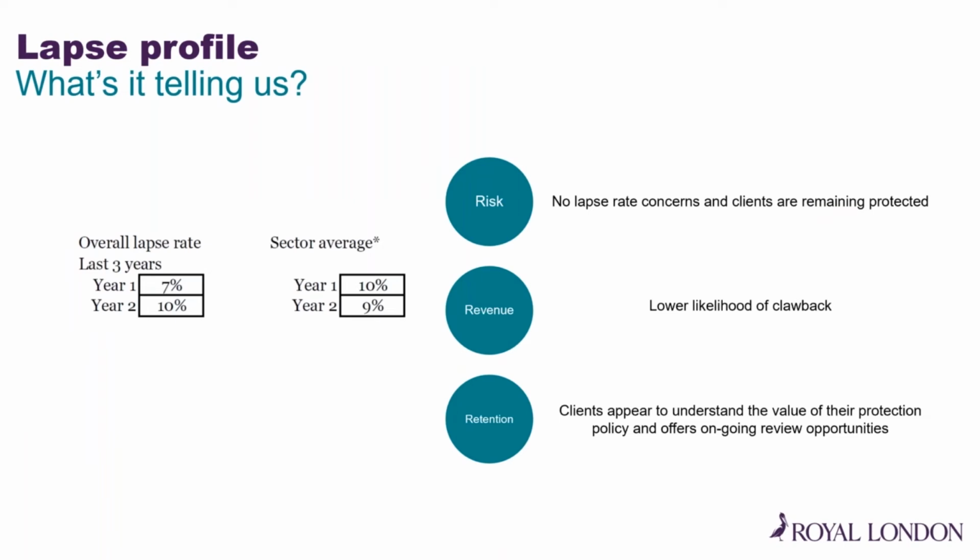So now let's look at lapse profiles. You can see here our company's overall lapse rate in the last 3 years versus the sector average. And what this tells us is that with a percentage of 7 and 10% versus sector average of 10% and 9%, as far as risk is concerned, there are no lapse rate concerns here, and clients and their families are